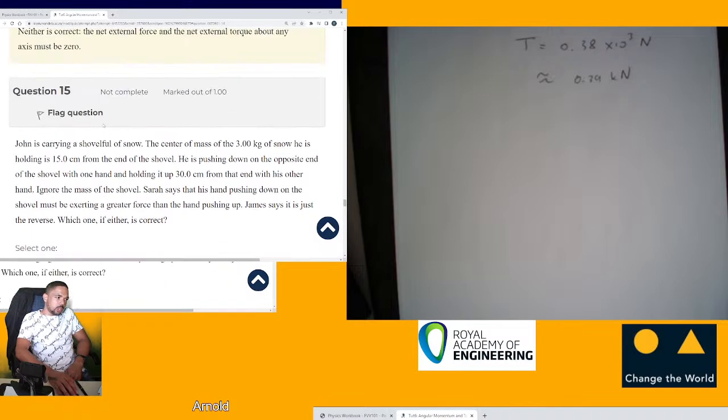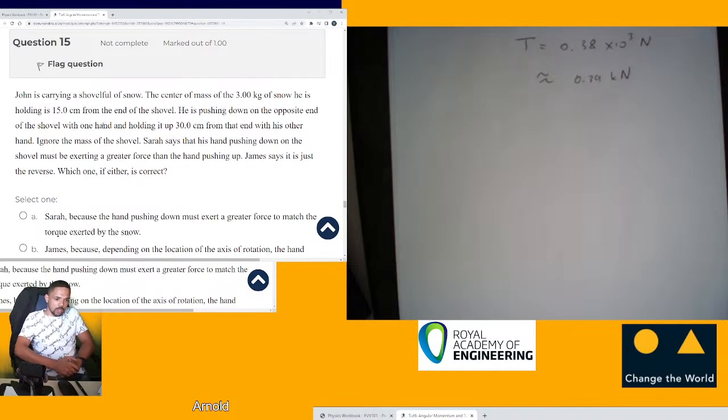Okay, now question number 15. John is carrying a shovel full of snow. The center of mass of the 3 kilogram of snow he is holding is 15 centimeters away from the end of the shovel. He is pushing down on the opposite end of the shovel with one hand and holding it up 30 centimeters from that end with his other hand. Ignore the mass of the shovel. Sarah says that his hand pushing down on the shovel must be exerting